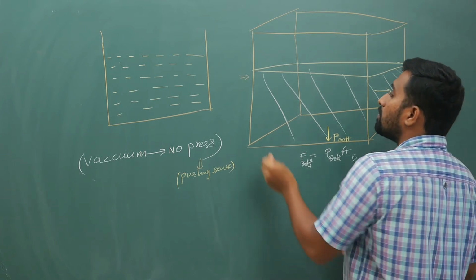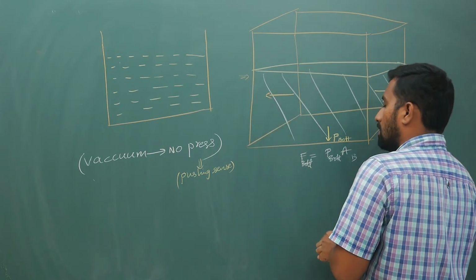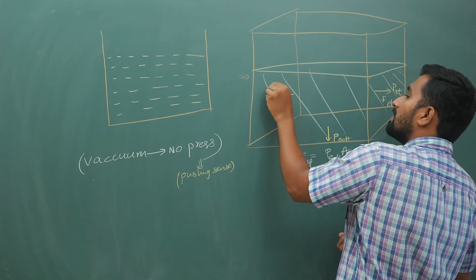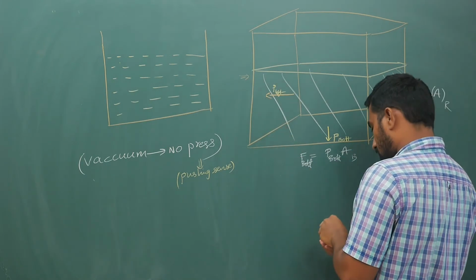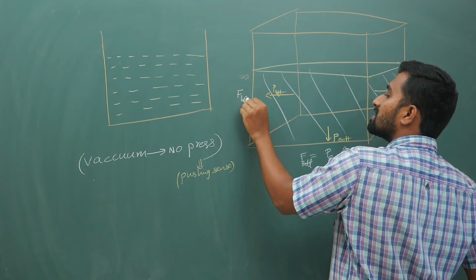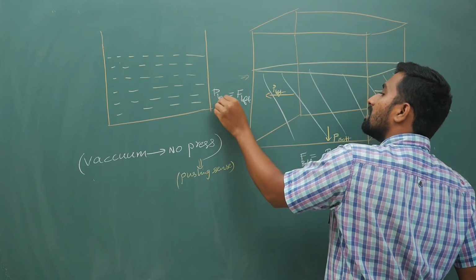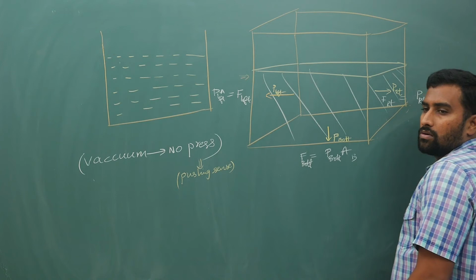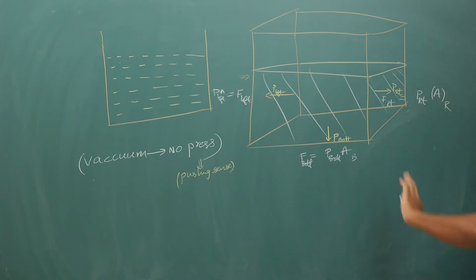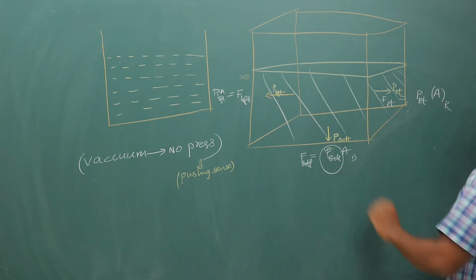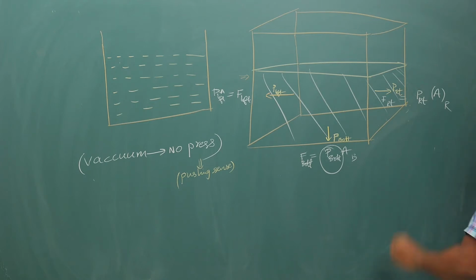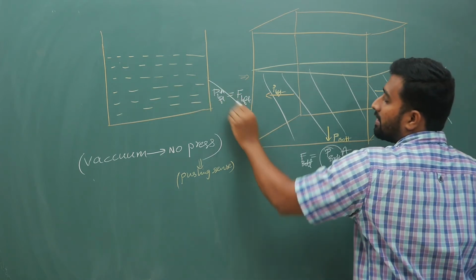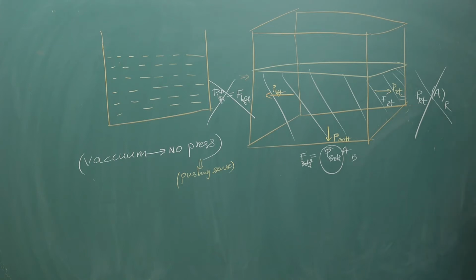Next, if you take this left face, your pressure is towards the left on this face. Now your force on the left face is pressure in the left region into area. If it is constant, we will write pressure into area, but for this end and this end you should not write pressure into area. Why we are not supposed to write pressure into area, I will tell you.